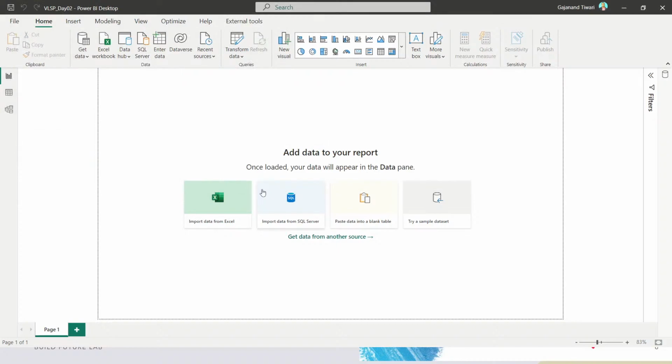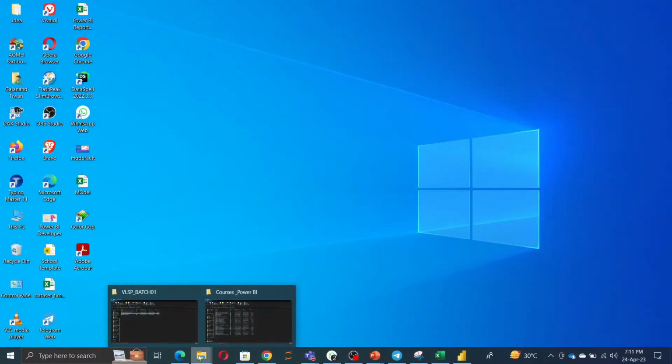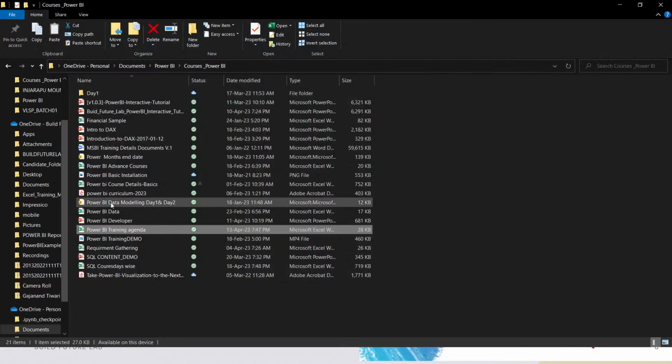Now guys, in the initial phase, please follow a small and simple data set. See this, I have a simple data set here. This is sufficient for training purposes, from what I understand, because it covers all things great, and it is easy to understand, easy to learn, and easy to watch on the data. That is very important, so please follow this one. Okay, so you have a financial sample,